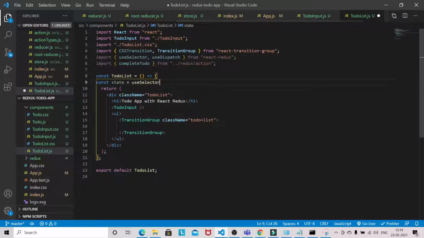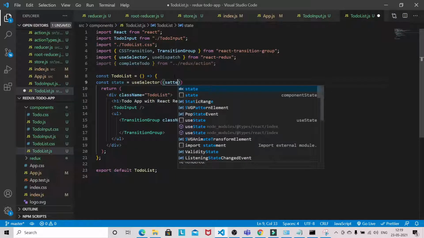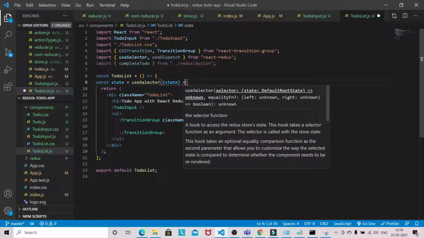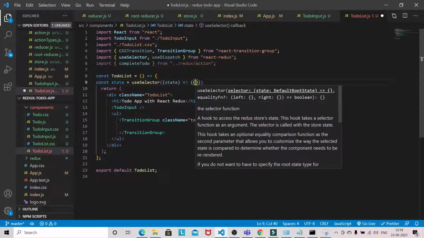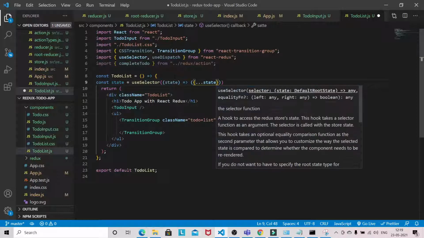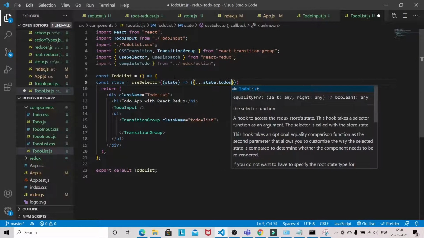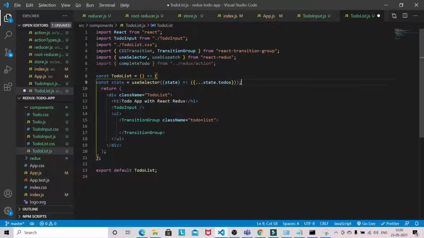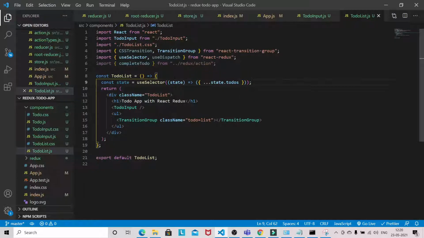So you can again use selector to fetch the state. Here I will be accessing state.todos. Okay.